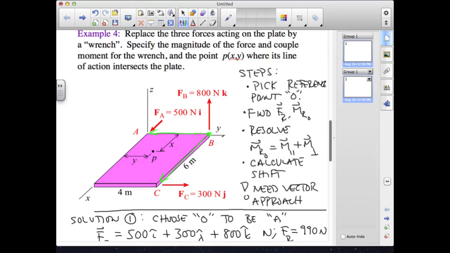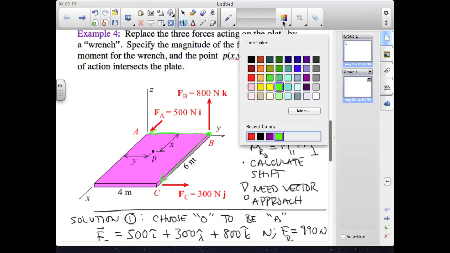For FA, I'm going to have 4 meters times 500 newtons, and the result of that cross is going to be in the plus K direction. It's going to give me 2,000 newton meters in K. And then again, I'm going to have 6 meters times 300 newtons, 1,800 newton meters, also in K. So now, if I go back and start over,